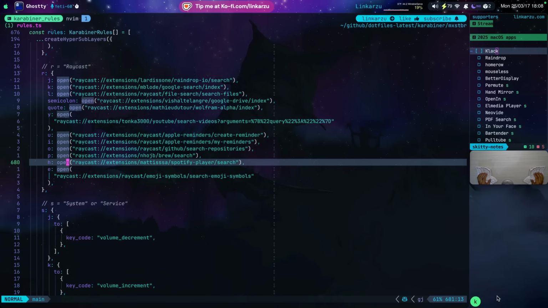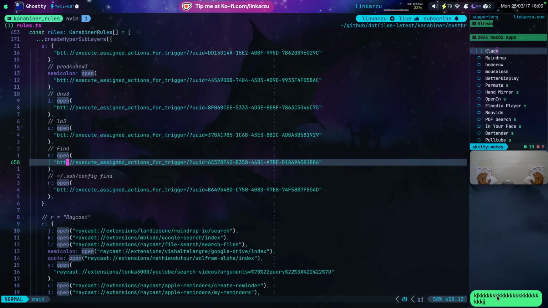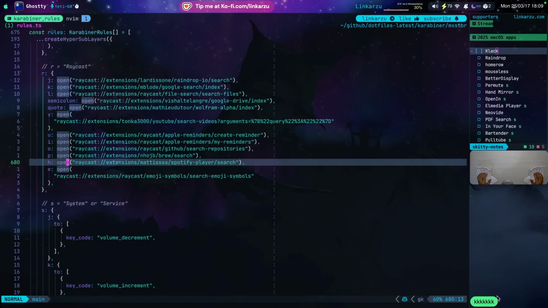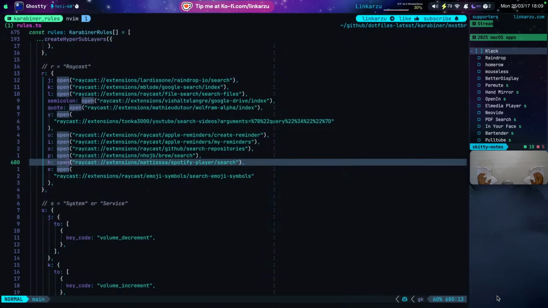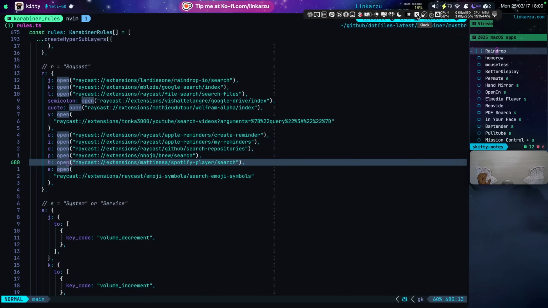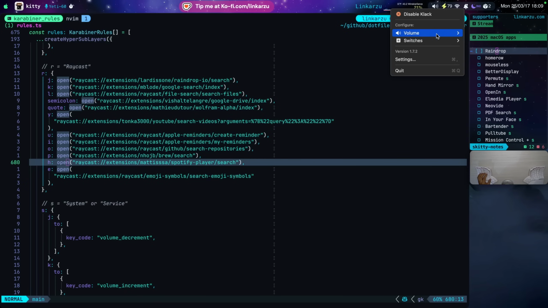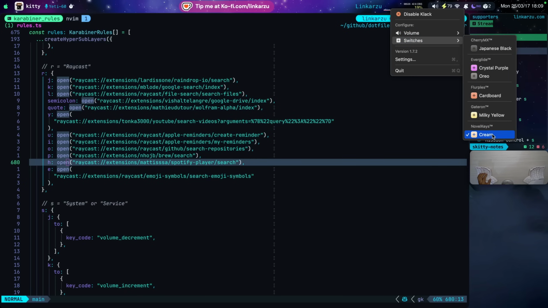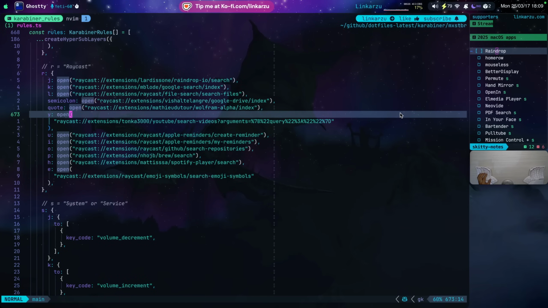Back when I'm typing something as well, you can hear the sound of the keys, right? So this is not my keyboard. This is an application that is running in the background. Let me see if I can bring it up real quick. Here it is on the menu bar. I'm just going to click on it, and it's just going to show me the different switches that I can select here. The sound that I like is this one. I don't like the other ones too much. But if you want to learn more about Klack,